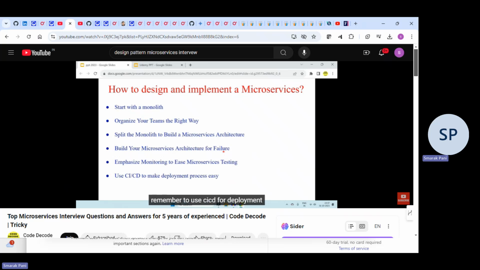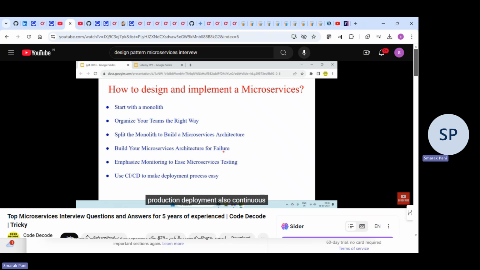Also, remember to use CI/CD for the deployment process, because deployment for a monolithic application is very easy. You can deploy it one way. But when you have multiple microservices, deploying each and every application standalone by yourself is a very difficult task. By making it automated using CI/CD, it reduces the risk of release failures like prod failures, and you can focus on just development and running your application rather than remembering what you did wrong during the manual